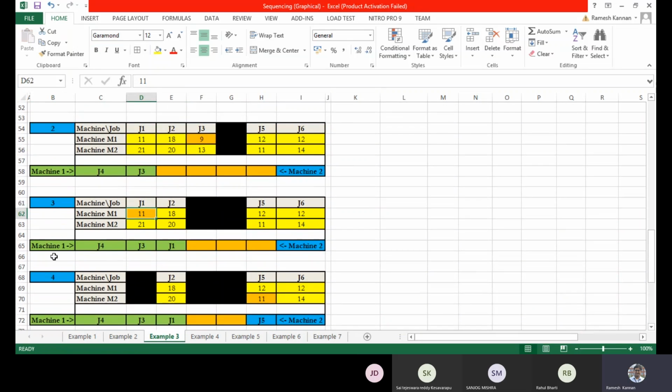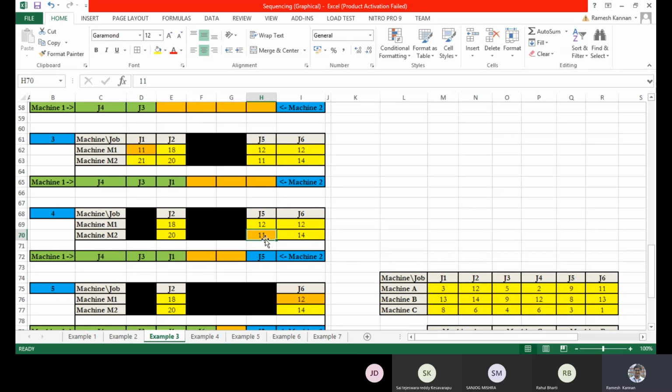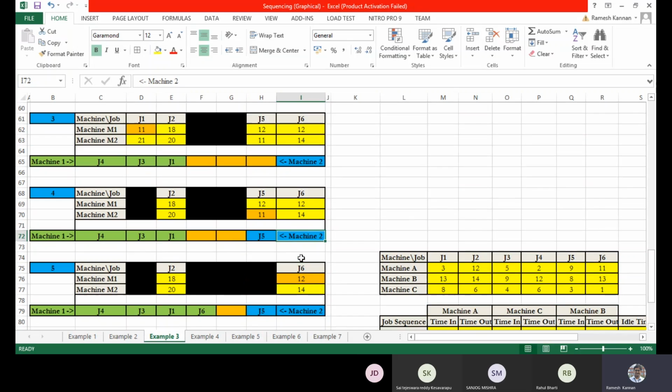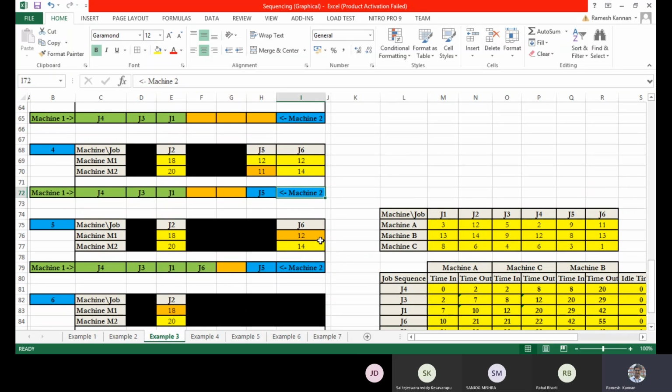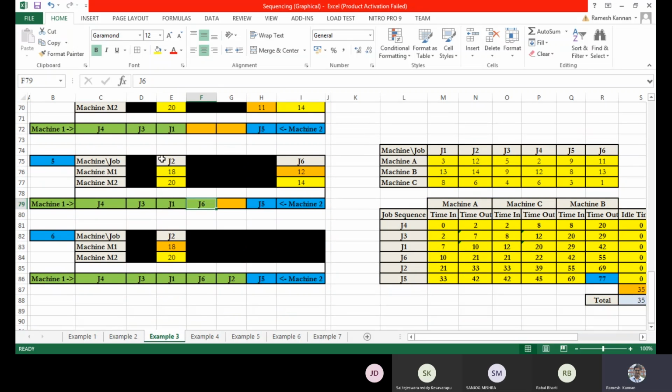So we have assigned J1 to machine 1. Then we discard that column. The remaining one is obvious and unique. It is 11, so this is J5 machine 2, and we discard that column. We have 12, which is J6 machine 1. Then when we discard it, we have only two options. In this case it is J2 machine 1. In this problem, only J5 is for machine 2, but the others are for machine 1.